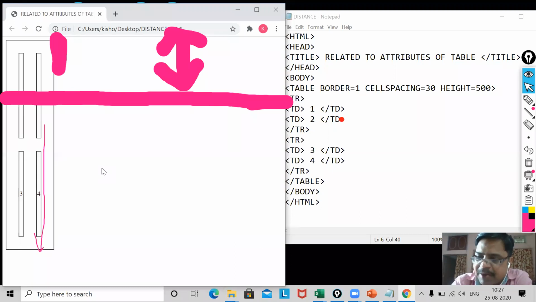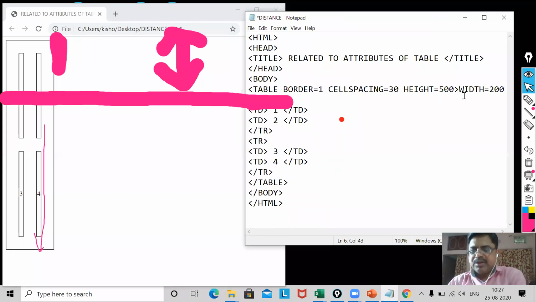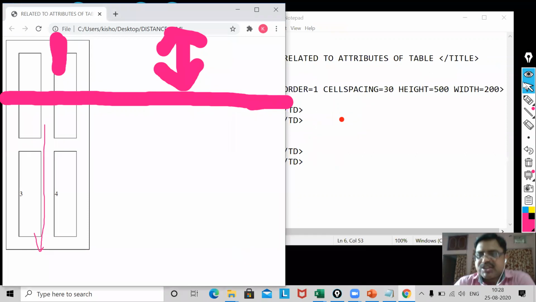But one thing, keep it in mind, don't keep your height like this. Your table will look awkward. It is not looking nice. So what will I do? No, not height only. Width also I will increase. So you do both, height also and width also. Width I am using 200. Clear? Yes. Here I will close, my dear, 200, and I will save this file. And now what happened? This was my previous width, but now the table width is increased.